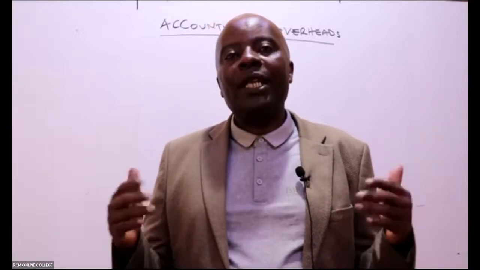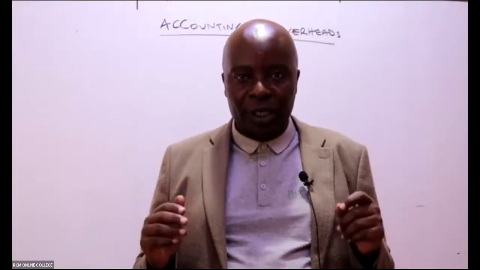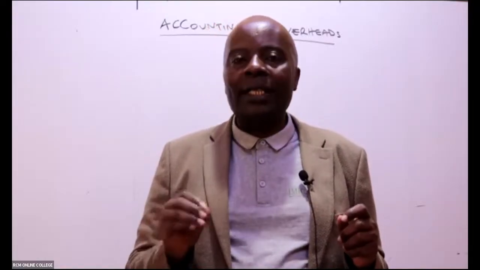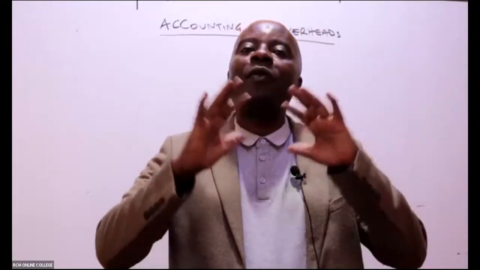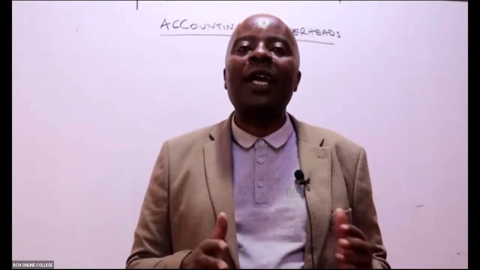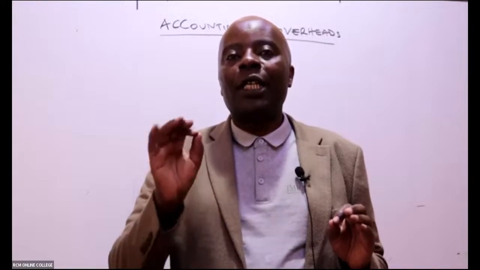When rent is paid, assuming all of us here were in a physical classroom, and the RCM in this case is paying rent of, say, 20,000. We can't say that this is the money that Adam has given us, which will go towards paying this rent. Once rent is paid, it covers all of us. All of us are now able to enjoy the space. So it is an indirect expense simply because this rent cannot be attributable to a specific student, a specific unit,